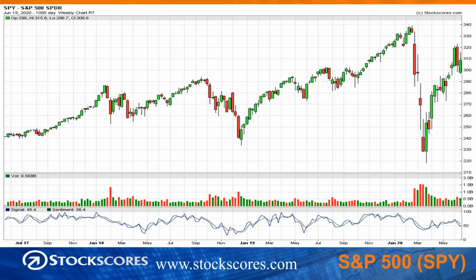This is the weekly time frame, and you can see that we have held the upward trend line. If we start to break down through the upward trend line on the daily chart, this is actually the weekly, but watch that daily chart, then we're going to need to get more defensive, because the market hit a new high here and then it made a falling top there. So if next week we start to break the daily time frame upward trend line, or we close the week below this upward trend line, somewhere say below 300 on the SPY, then I fear we could see another round